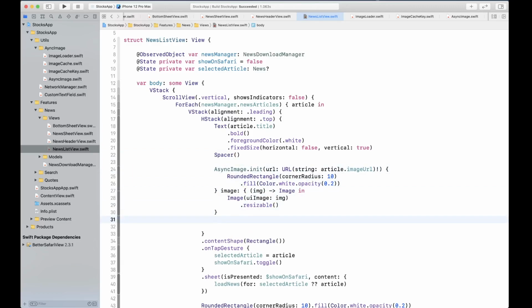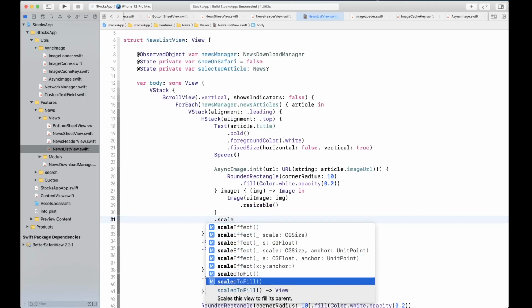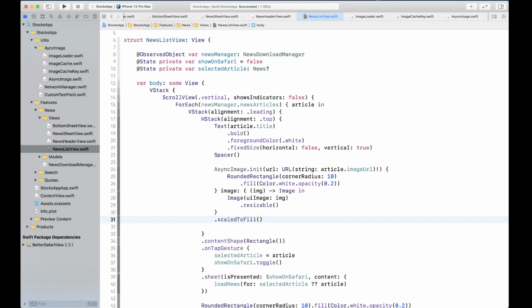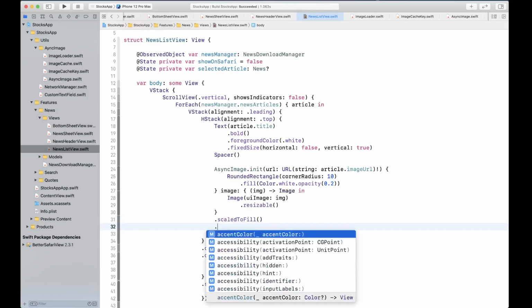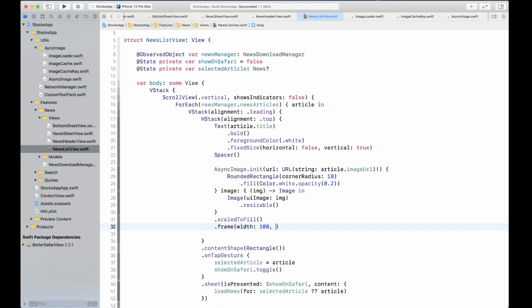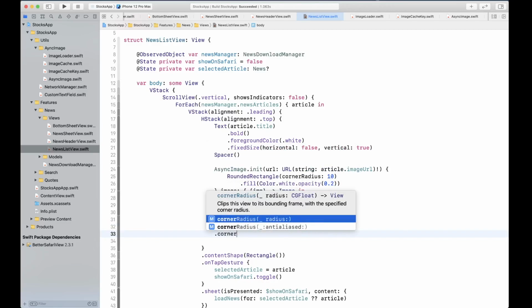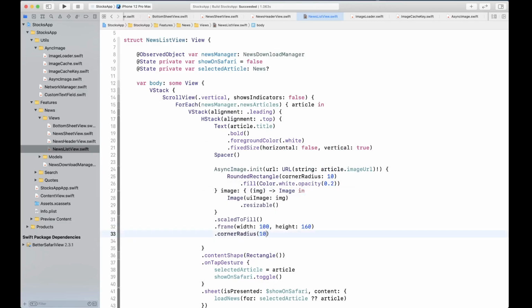So AsyncImage is going to give us the image that we're going to basically apply all the other modifiers to. So for example, scaled to fill, and give it a frame width of 100 and height of 160, and the corner radius is going to be 10. So I'm going to basically match the placeholder corner radius to the image corner radius. Okay.